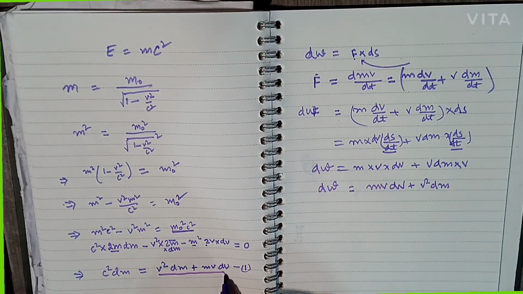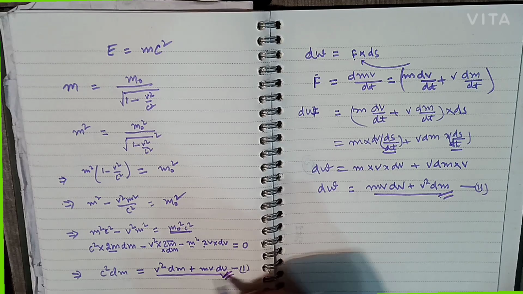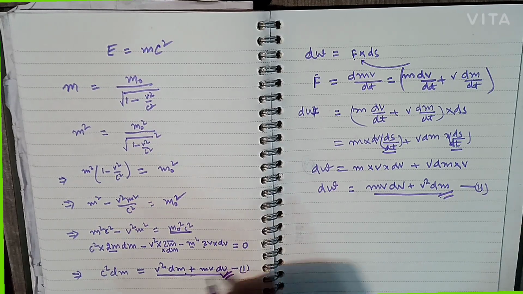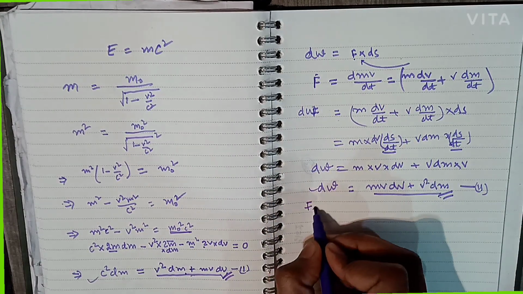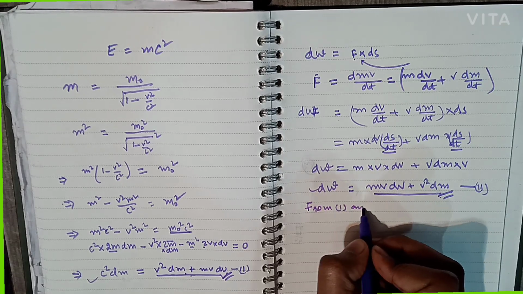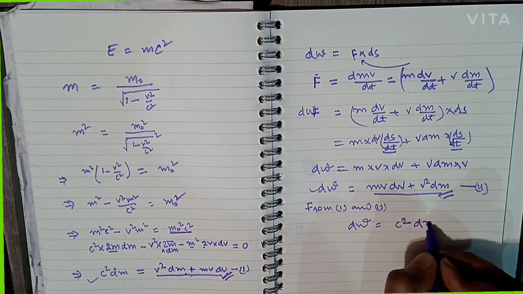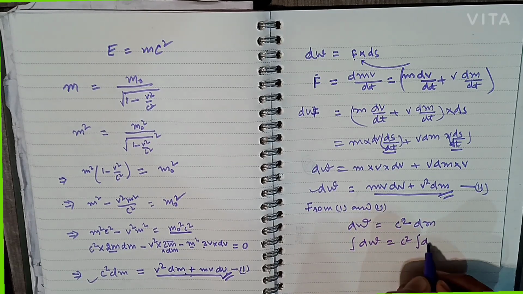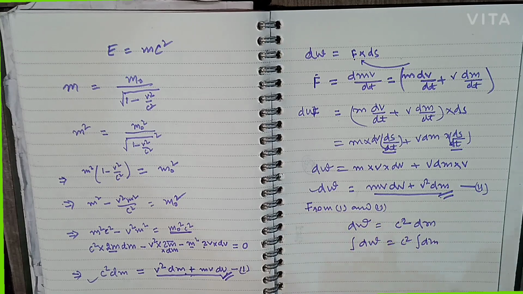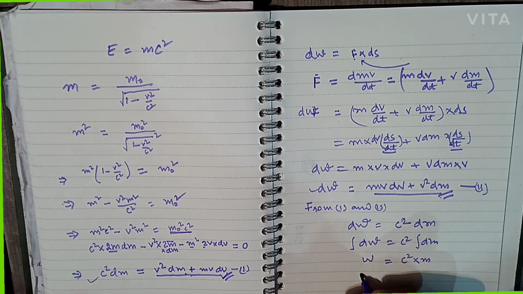Surprisingly, we see that the right-hand side of equation 1 and this part, both are equal. So from 1 and 2, we have dw is equal to c square dm. Now integrating them, after integration, the work w is equal to c square into m, and w equal to